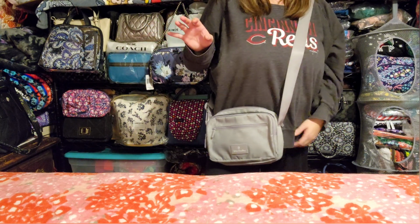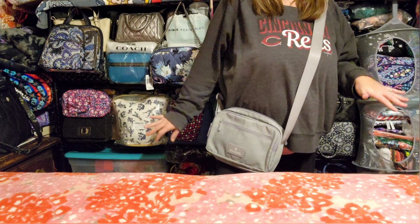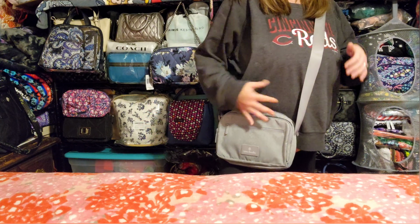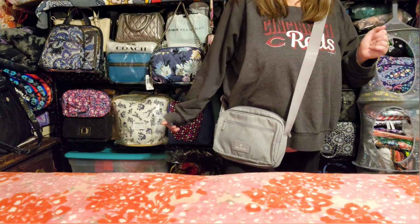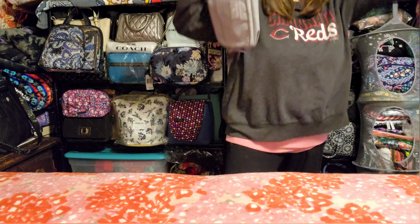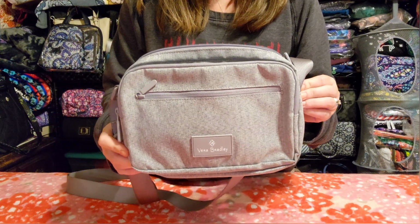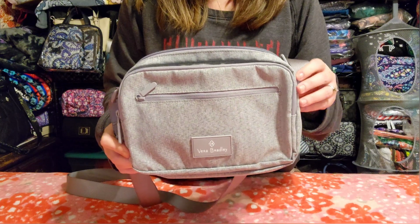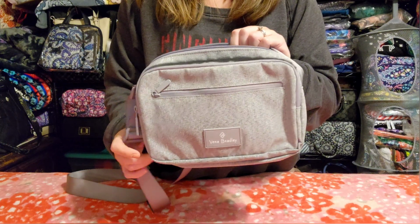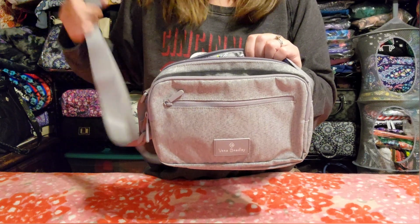So that's how it looks on me crossbody, just for reference. It's a great size. It holds way more than you would think. I love the gray color. I'm a neutrals kind of girl. Love the organization. Just an awesome, awesome little bag. And I am super excited to have it. So that is the Factory Outlet Reactive Little Hipster in gray, I think. I don't know. And then the last bag that I have to show you is